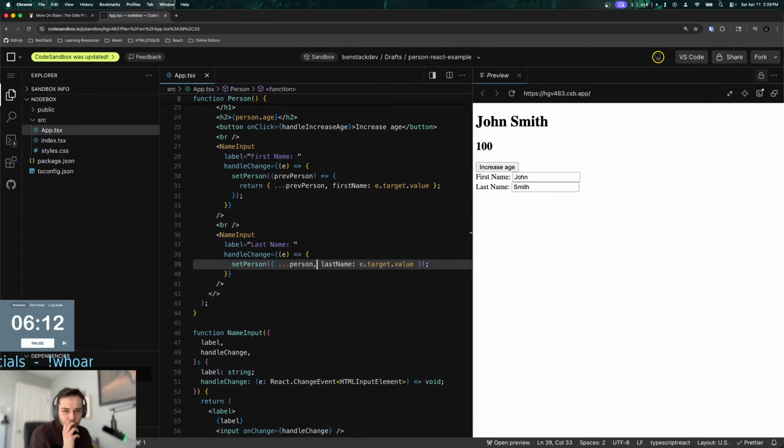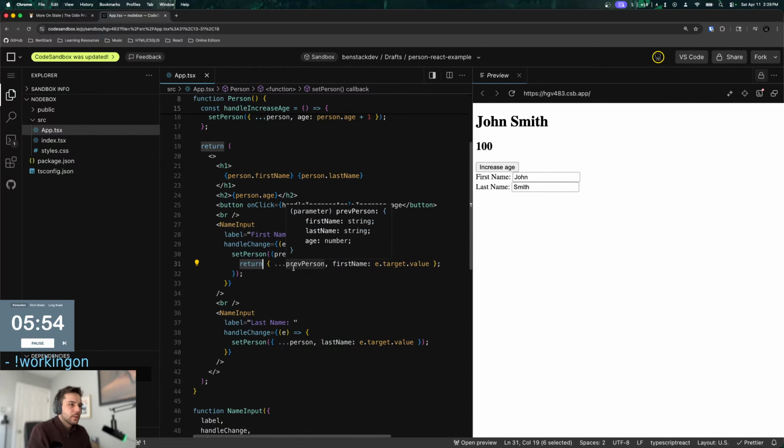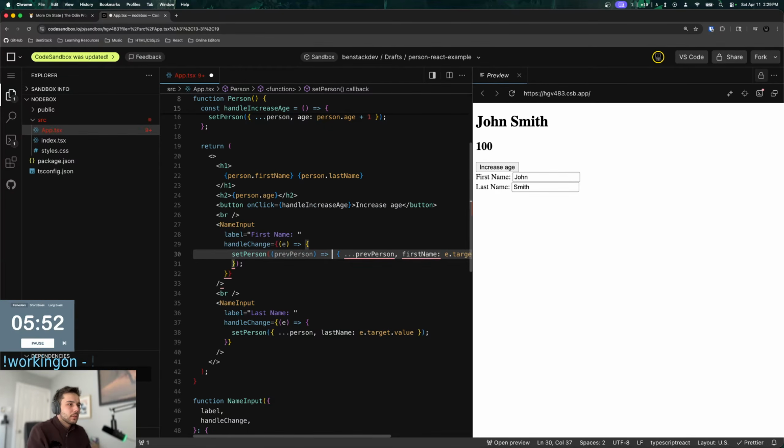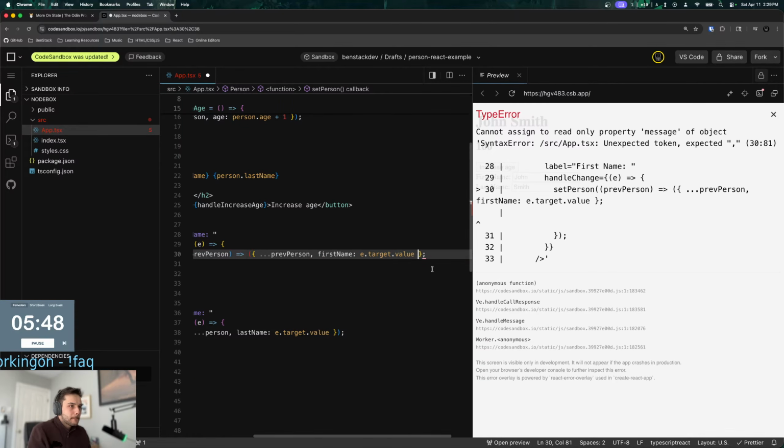Okay, so let's backpedal a little bit here. Add brackets instead of the return. Okay, so you mean like where specifically? Oh, like this. Okay. We are learning together.